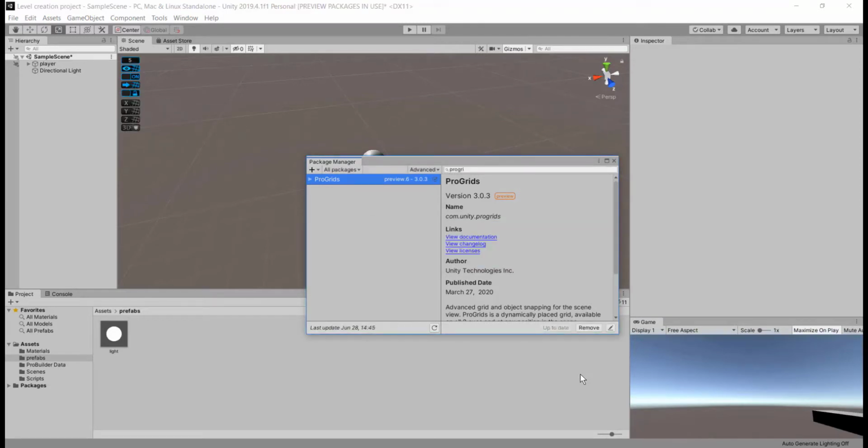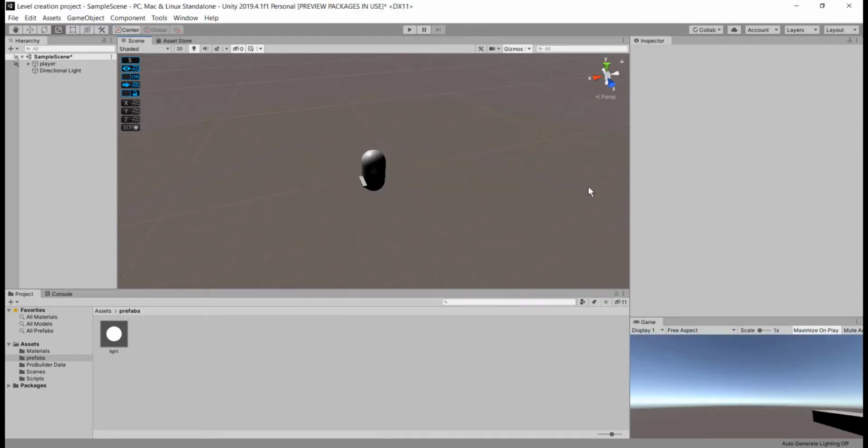Right. After the ProGrids package is successfully installed, you will see this small UI widget inside your scene window, which lets you control the ProGrids parameters to your own advantage. For example, I can change the snap settings of the grid size into a value that I can manage.